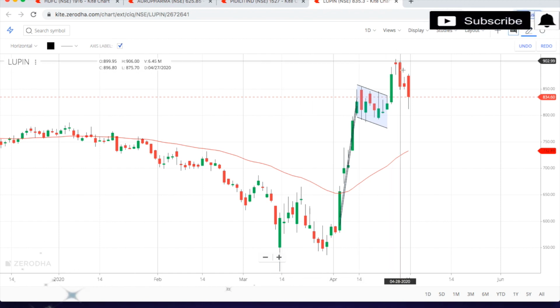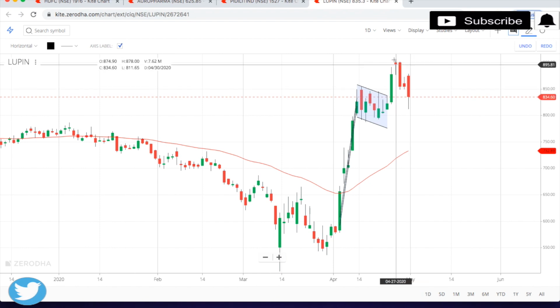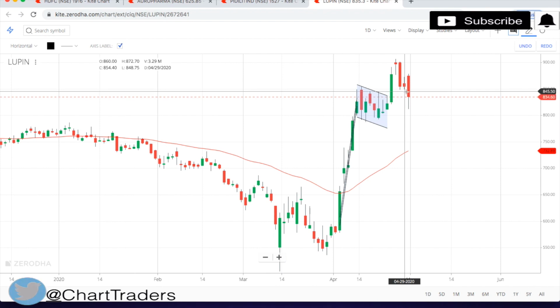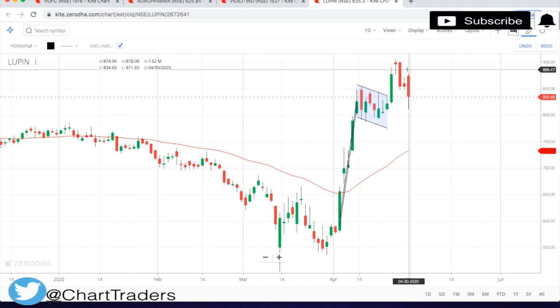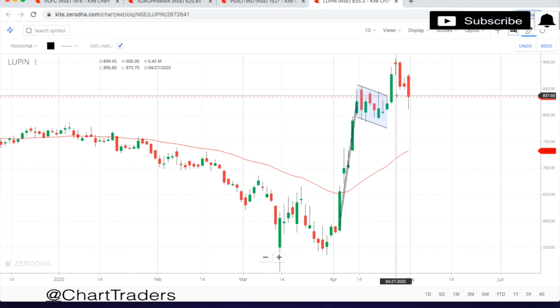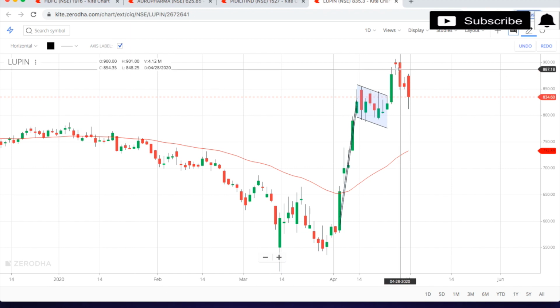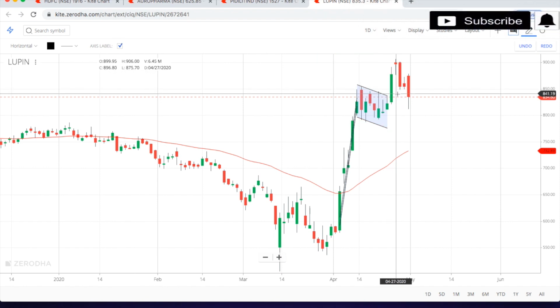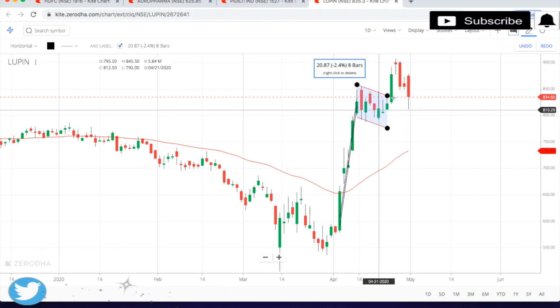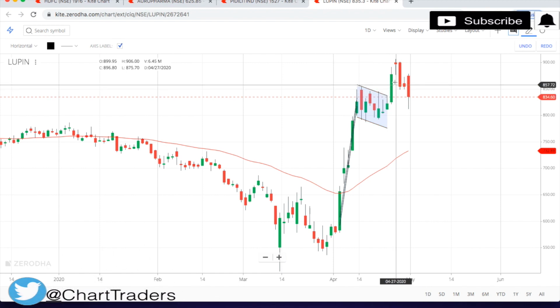Here we again have profit booking, or you can say a downtrend. But if you want to manage your risk, you can exit at this candle also. Because on the breakout, from 838 to 890, it's a good move, around 1%. Sorry, not 1%, 7 to 8%. So you can capture the rally. According to your risk management, you can take profit and you can put a stop loss.